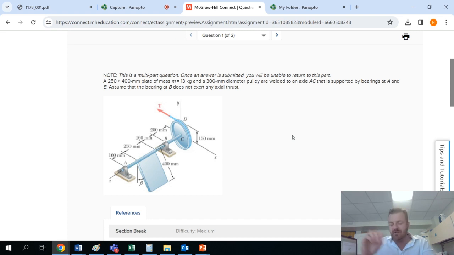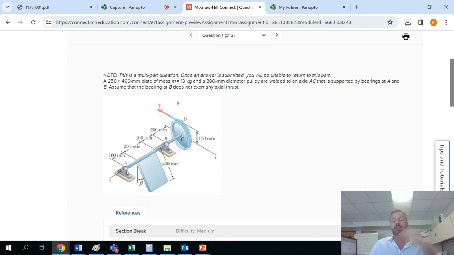However, it's just the nature of trying to solve problems by drawing three-dimensional free body diagrams in two dimensions that can make these problems challenging. So we're not going to look at too many in either the lecture or the homework, but I do want to do a few with you. What we have here is a plate of known dimension and known mass, along with a pulley of known diameter. And we're told that both are welded to this actual rod that is described by AB since it passes